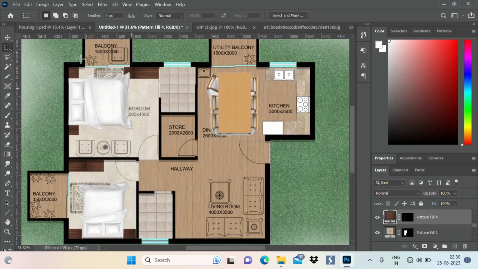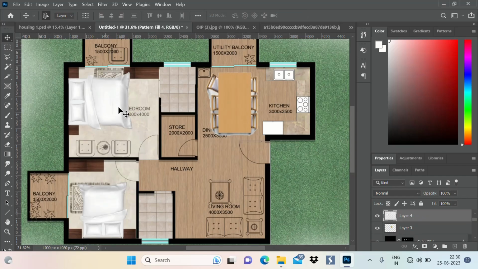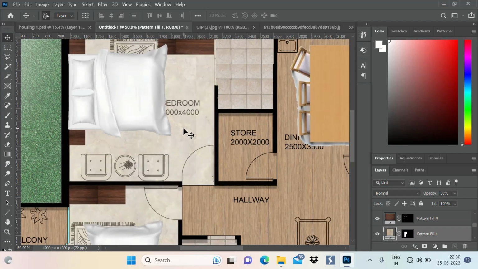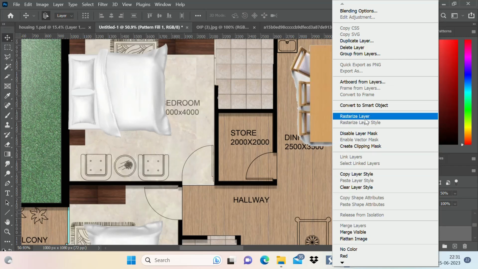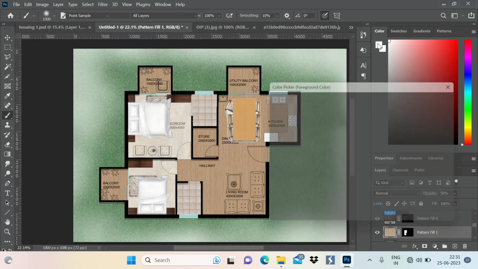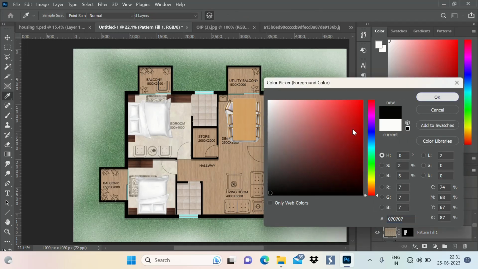Now for the shadow purpose, how can we place shadow below the bed, etc. For this you have to just click on this layer. Just make sure that if you are going to place shadow for this bed, think about where your shadow will be formed. For example, if I look at this bed shadow, it is shown on the floor. So for this, just click on the floor and rasterize this layer. After rasterizing, just pick the brush tool B and use some black color and just,